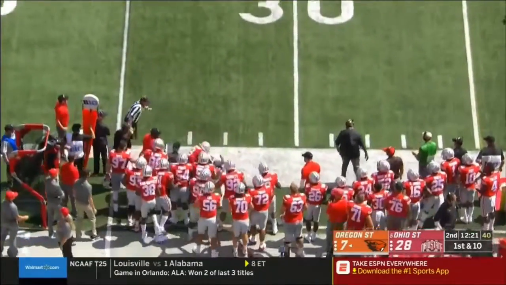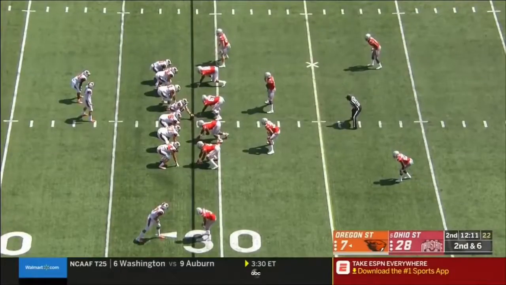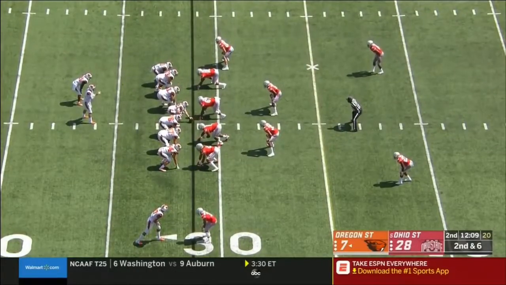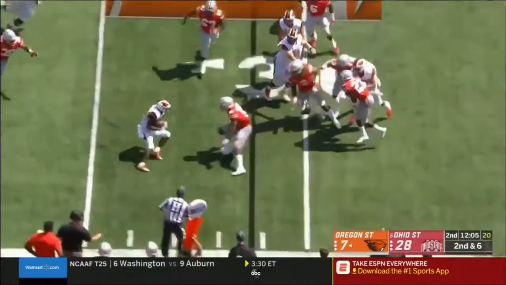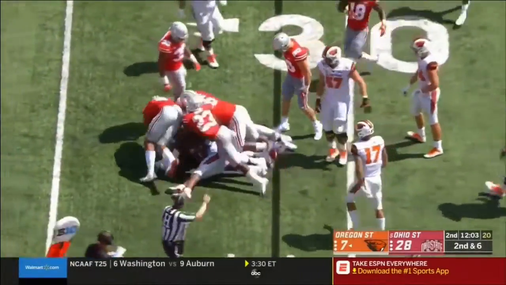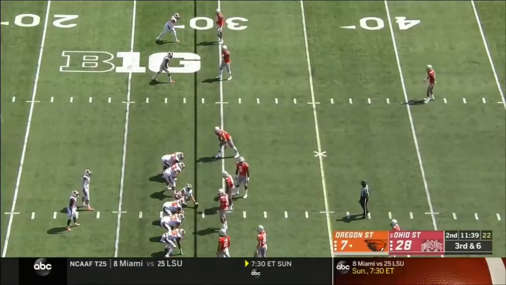Pass to the sideline is on target. Pulled in bubble. It's going to be a very wealthy family here very soon. Here's Artavis Pierce running right, and he's wrapped up short of the